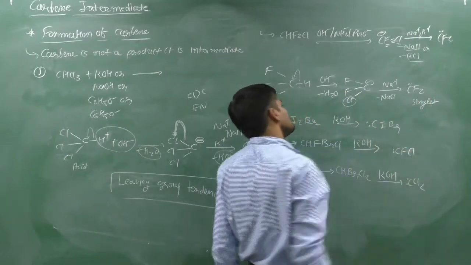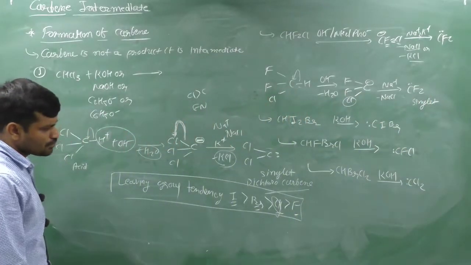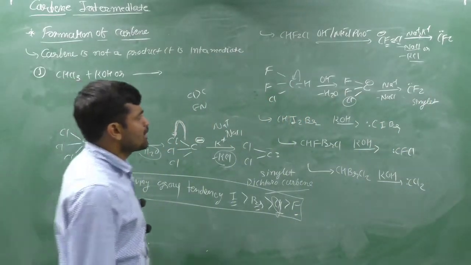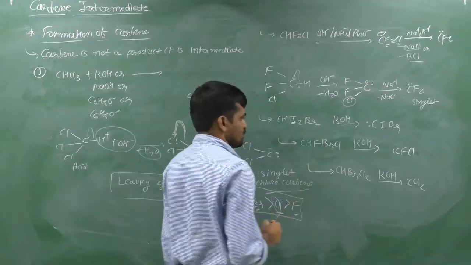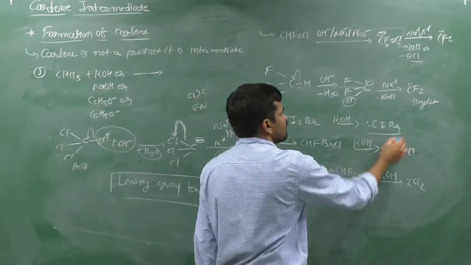Chlorine. We get CF2, difluorocarbene, singlet. Now if we have CHI2Br and KOH,